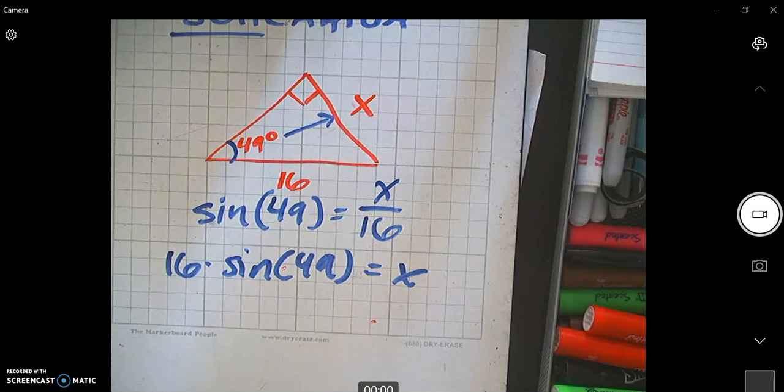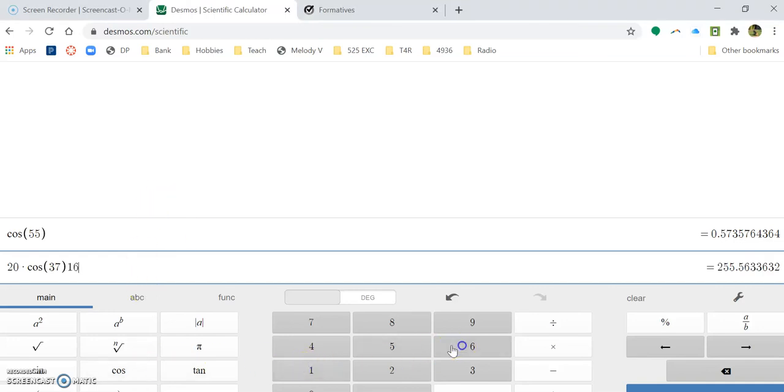I will not tell you what radians are right now unless you ask me one-on-one. So, back to my calculator. I'm going to type in 16 sine 49. 16, oops, let's clear my other answer out. Make sure you do that, everyone. I've already done that twice wrong. 49, and parentheses, this is just for good practice. We get